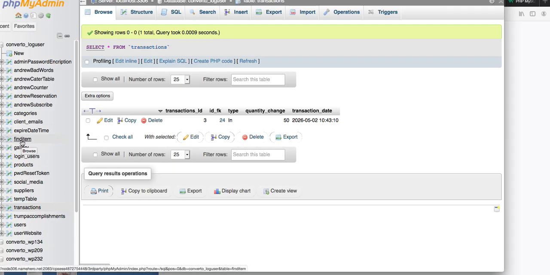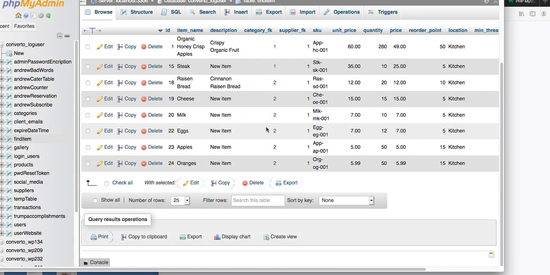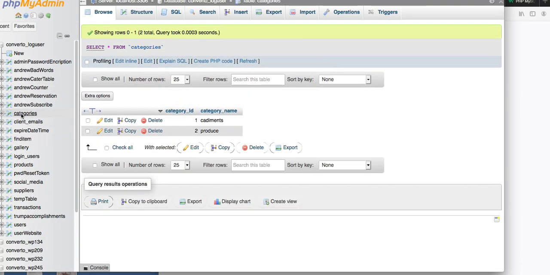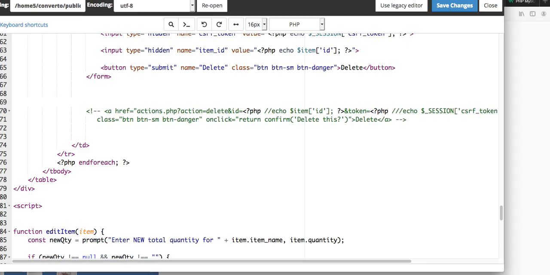Anyway, when we created the find item page, see how we had so many different things. We got new items, and then we had the categories, and of course, we only got 2 really. Suppliers, only got 1. When I figure which ones are the good ones, I'll add them in. But for the time being, because we're just practicing, we just keep it this way. And then we have the transaction table, and that's what gives you this, which I just talked about. Anyway, so what I did was, this is the dashboard,